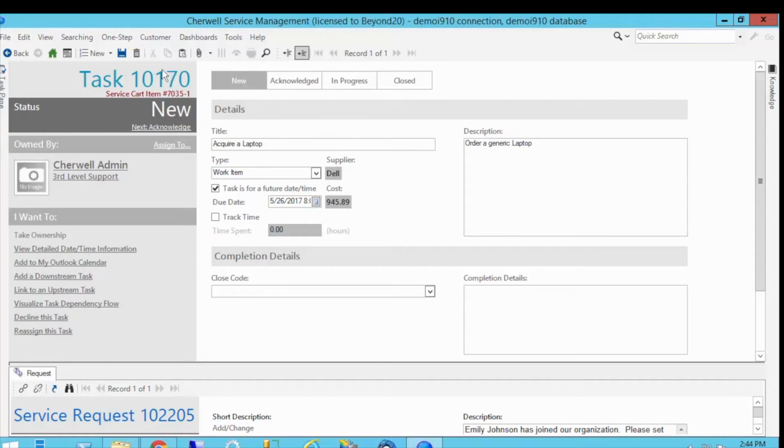Now, one of the things about tasks is that sometimes one task needs to be done before another. And if that's the case, we have what's called a dependency. What we want to be able to do is to say, well, you cannot start this task until this other task is finished. And in this case, acquiring a laptop, that's our first step. I'm going to go back